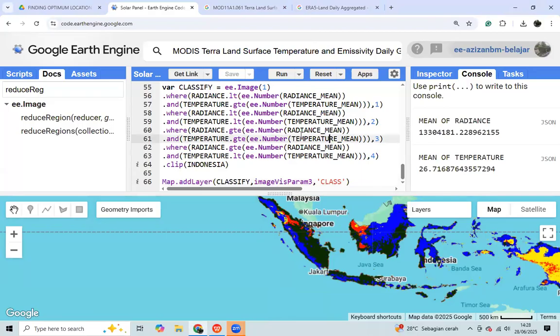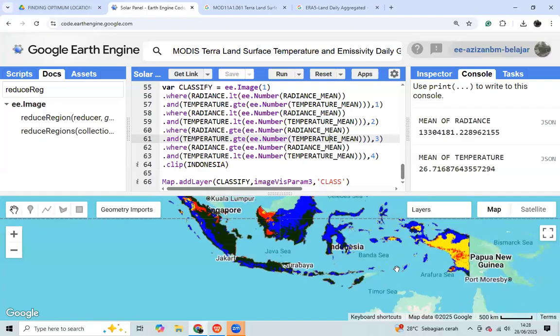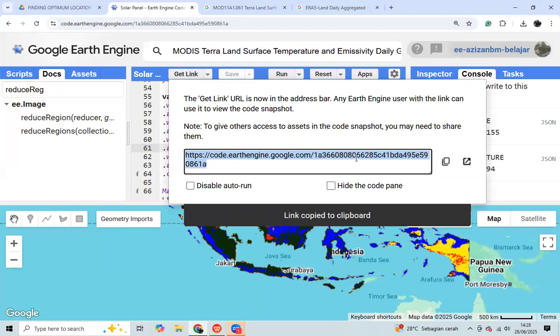Okay. So after we find out the optimum location, if you want to use the script, I will give you the link of the Earth Engine.